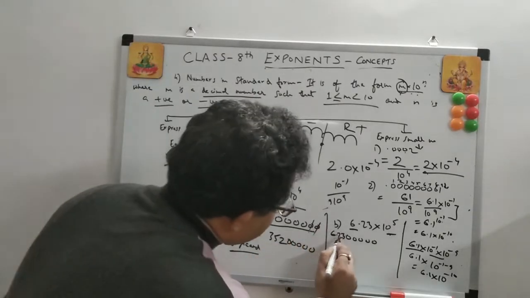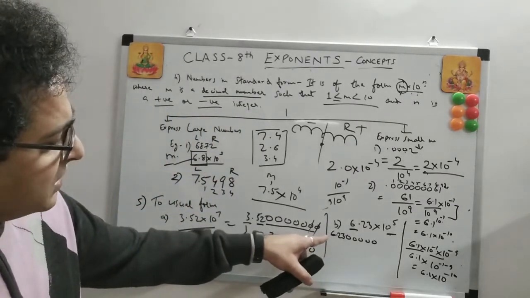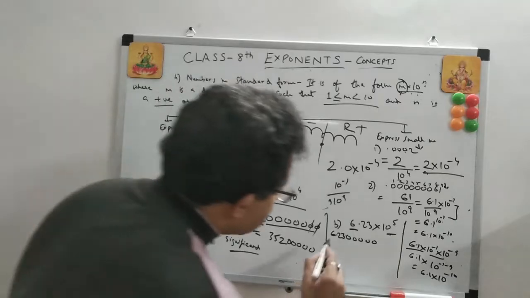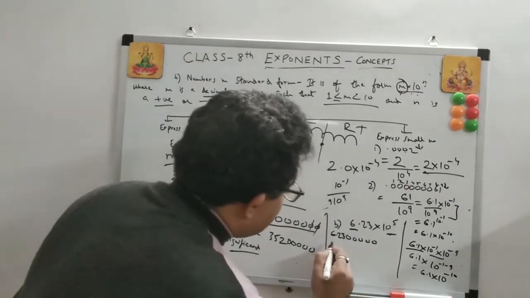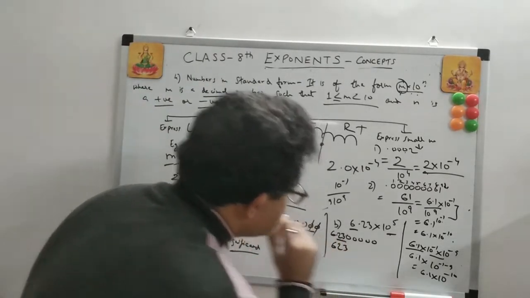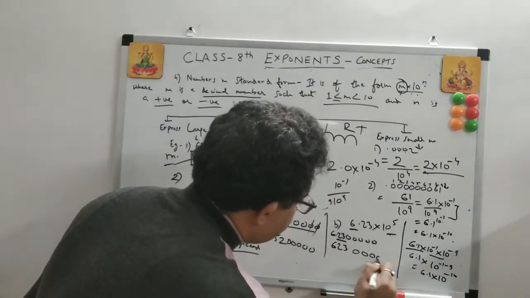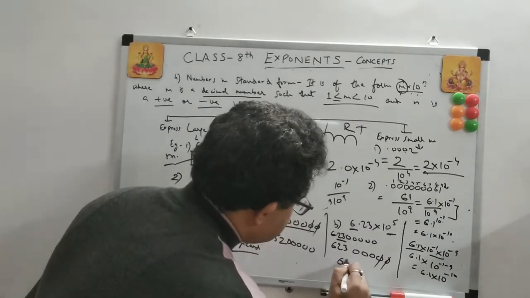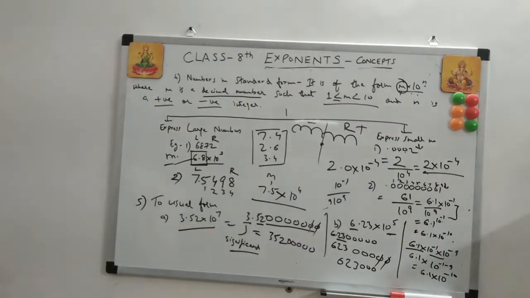Now the number to the left is the significant. Now just ignore the significant. Now take the decimal to the right. How many digits do you see to the right? There are 2 digits I see to the right. I see only 2 digits to the right of the decimal point. So which means I have to make it 623 somehow. So which means 2 zeros I will cut. Here also I do the same thing. First write the same thing, 1, 2, 3, 4, 5. Cut the 2 zeros. It will be 6, 2, 3, 0, 0, 0. Right? Same thing I did.